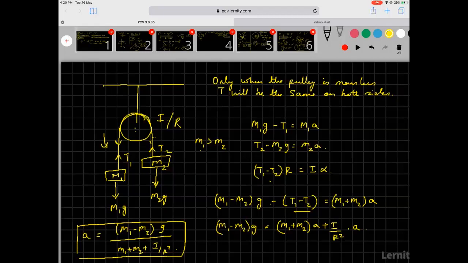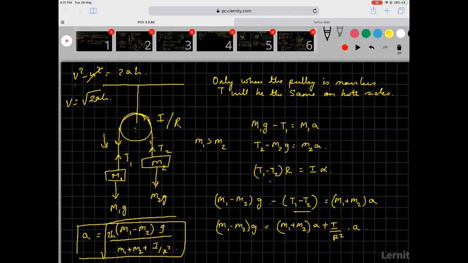They are asking you what is the angular speed of the wheel when M1 descends by a distance h. So from here you can find out now. They are asking you for angular speed. So v squared minus u squared equals 2ah. So you can get the value for v. Value for v is root over 2ah. So here it becomes root over of 2 times h into this much. So that will give you the answer.